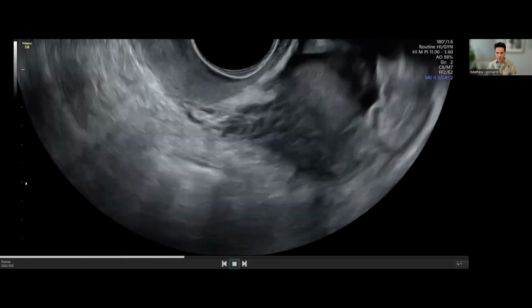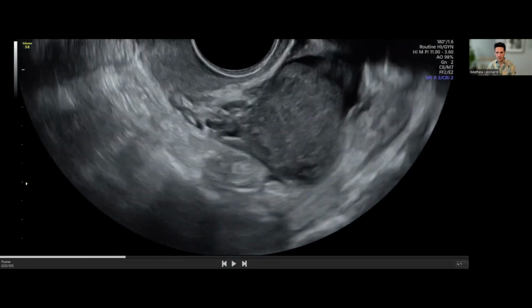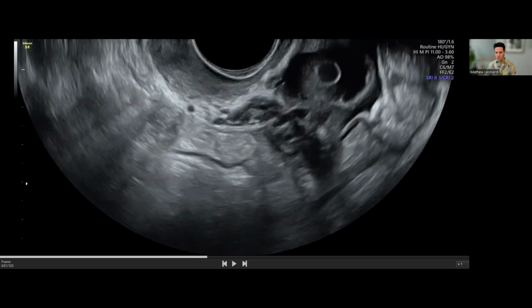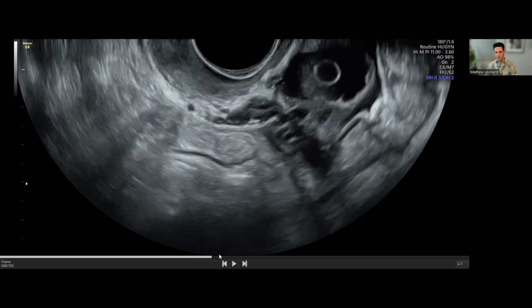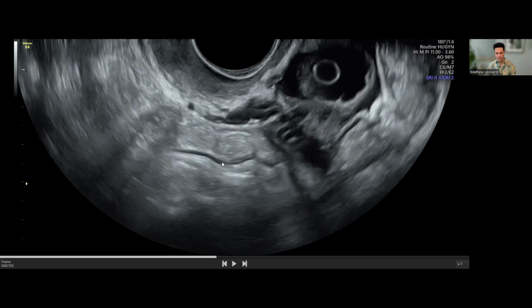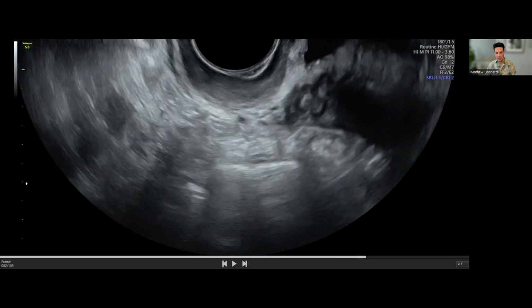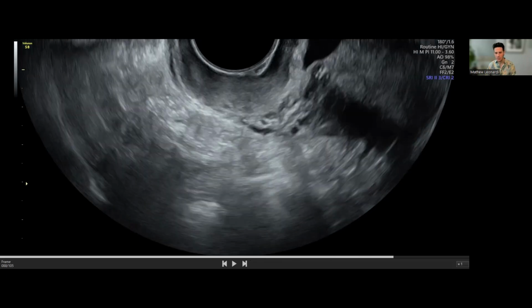So you can see in this pretty quick clip here that the uterus is retro and it's pushing down right at this level on the rectum. And most of the large bowel is actually staying outside of the pouch. And there we have a nice segment of it coming along here. Up, up, up. When I see that it's coming above that level of the uterus into the anterior compartment,